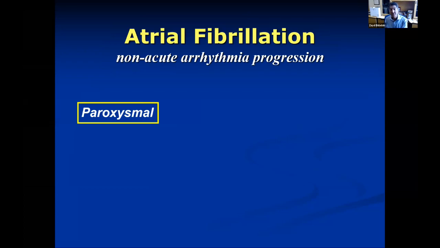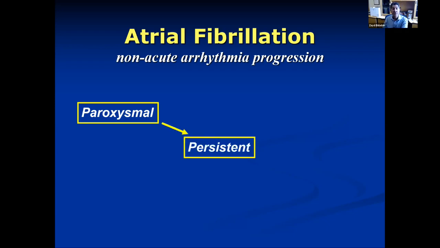And it often starts off as being paroxysmal, meaning an episode of AFib that happens, then stops within a week on its own, and then comes back, stops within a week, and it's on its own. Typically, these episodes start off as being minutes long apiece, then hours. Then as time goes on and nothing is done, paroxysmal atrial fibrillation gives way to persistent atrial fibrillation, in which